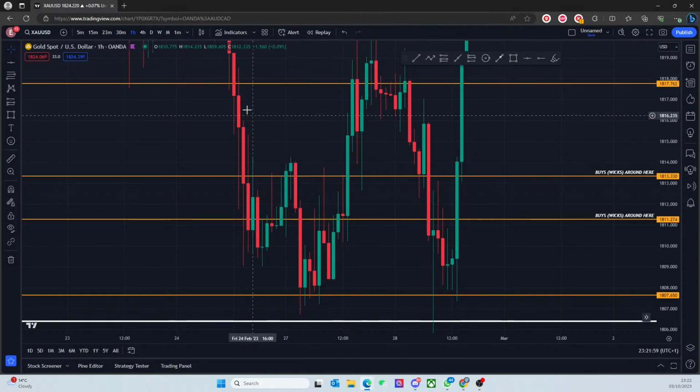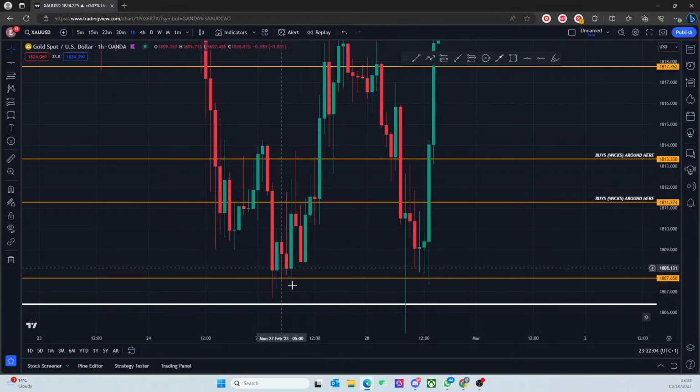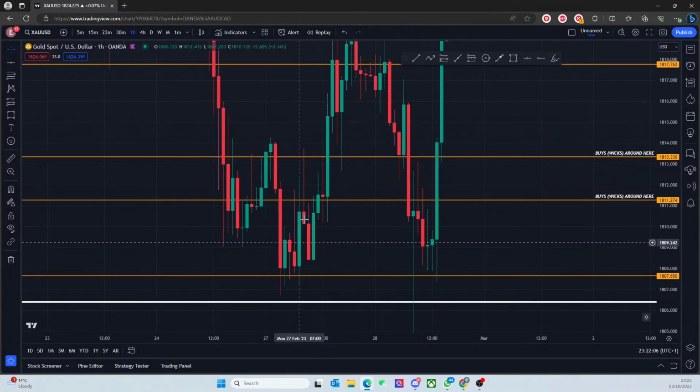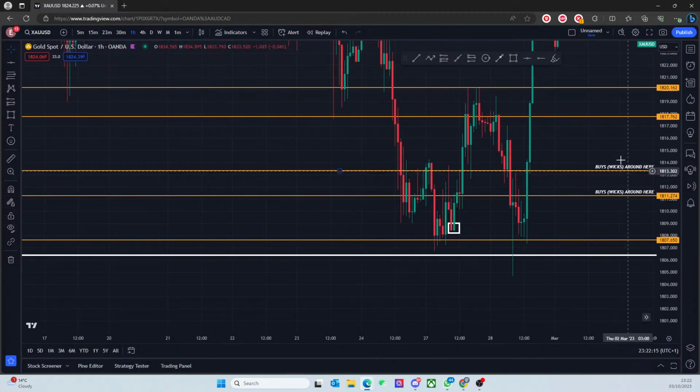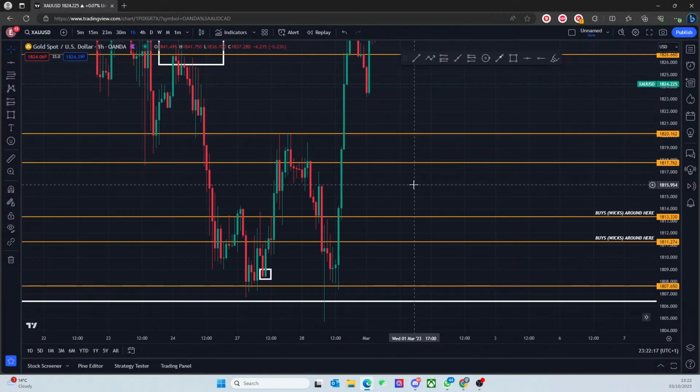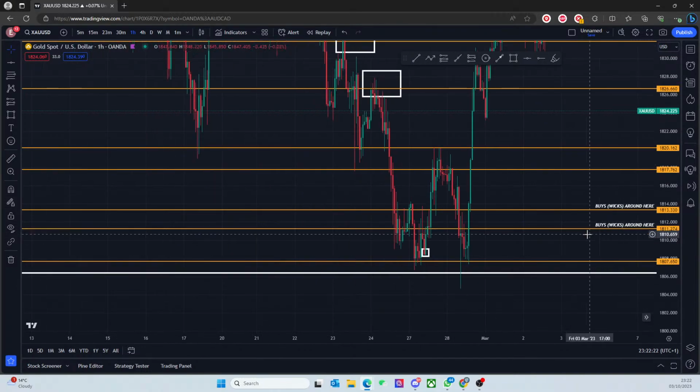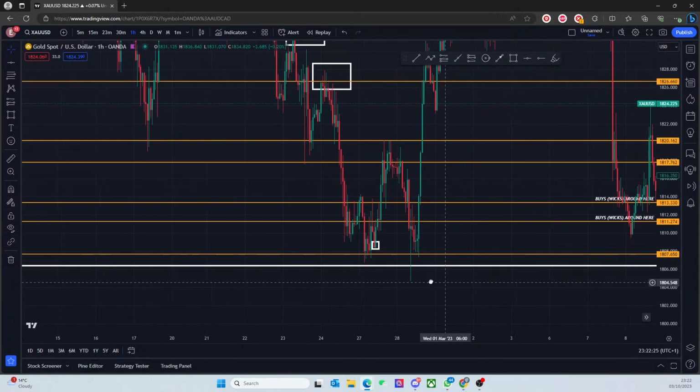And then I wouldn't take another trade until I see this structure forming. I see 1807 being respected, you're breaking, you're creating these higher highs. Be looking for this fake out right here. So there's more than one entry. This is just a guideline for what price is going to tap before making a decision. It's definitely going to tap 1807. Once we get there, we will make more of a decision in terms of price.